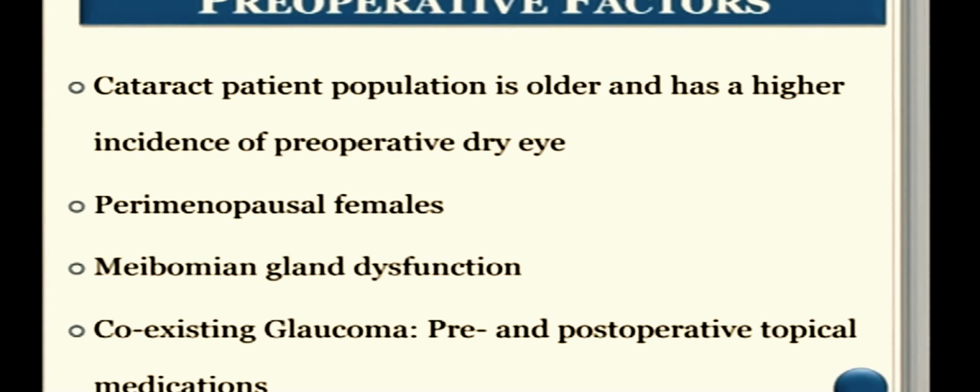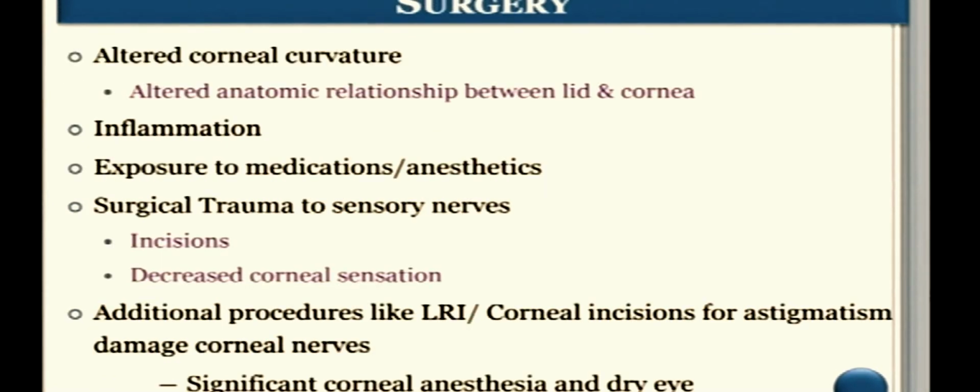Why do they have it? Because most of these patients are old, and they are already predisposed to Meibomian Gland Dysfunction and disturbed ocular surface. Some of these are perimenopausal females because of hormonal imbalance. Some of these are having Meibomian Gland Dysfunction, as I was discussing. Some of these patients have coexisting glaucoma, and they are taking anti-glaucoma medications, which play a major role in causing ocular surface disorder. And of course, when we do a surgery, we alter the corneal curvature, so the breakup time becomes fast. There can be inflammation. You cut the nerves as well. You do additional procedures, like we want a 6/6 vision unaided, so we want to correct the astigmatism. So we do